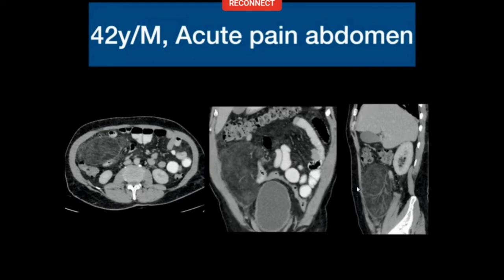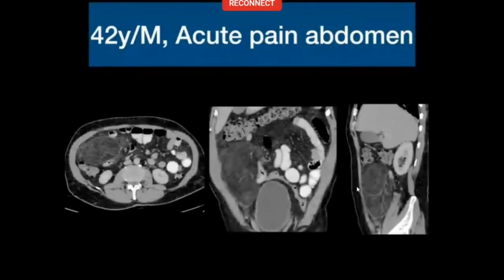Even the omentum in front was hazy. So two things we did think of. One was a large omental infarct, and the other thing was that maybe it is a tumor which has torsed. Okay. This turned out to be a lipoma with inflammation for some reason, God knows what, but it was a lipoma. I would never in an adult of 42 years old diagnose a lipoma, and neither should you.